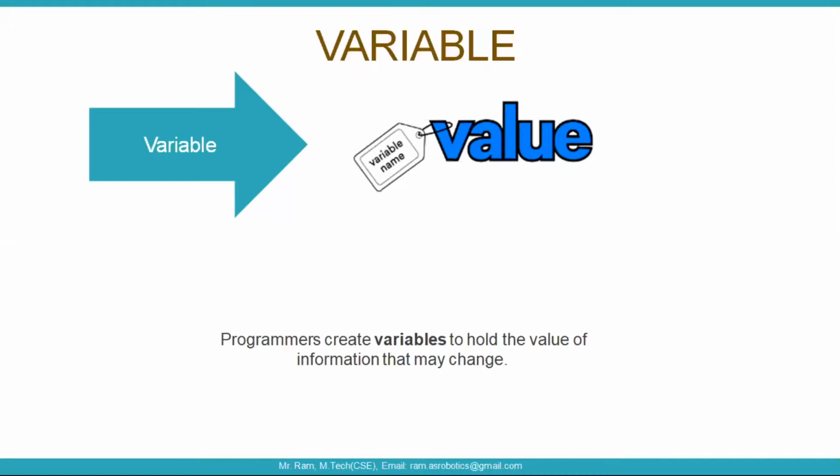But the thing is, can we do it without a variable? Yes, we can, but at a time we can make only one operation, because the value should be allocated to some memory location, and from that memory location we need to call it. So at least for that purpose we need to create a memory location. How do we create it? Create one variable and store the value in it. Okay, there are different types of variables.